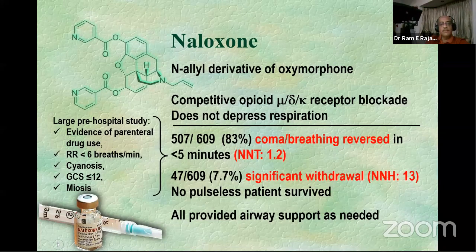So the fact is very clearly in most studies, you will notice that the majority of patients with opioid overdose who are given naloxone will have a reversal of their coma and their respiratory depression, almost guaranteed, okay? And the number needed to treat, as we can calculate, is roughly 1.2. That is 85% of all these patients will revert. So for every 1.2 patients that you give this medication to, one person will wake up completely. Okay, that is a very effective kind of an option that we will see.